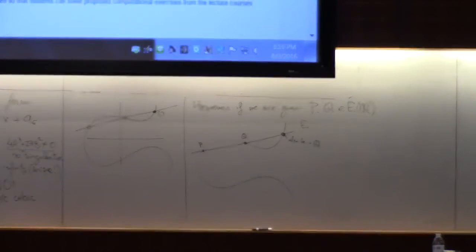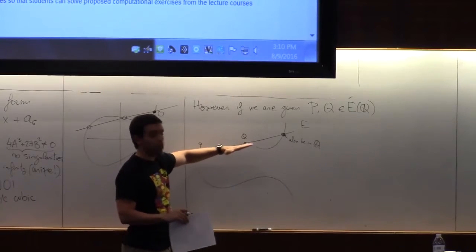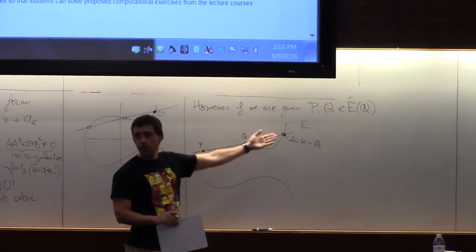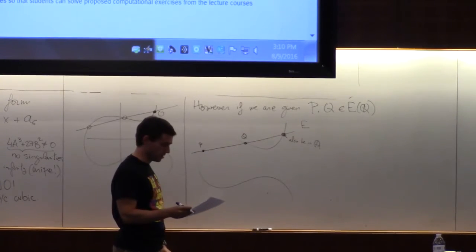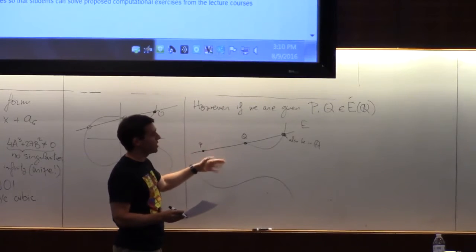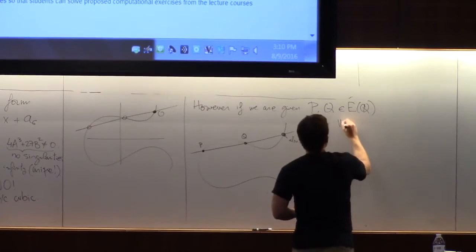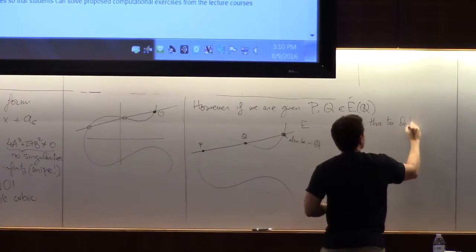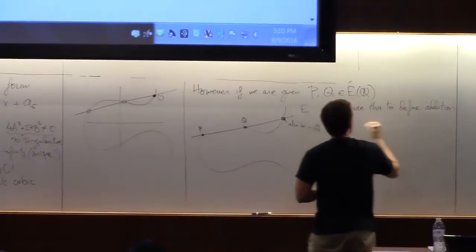I get a cubic in 2 variables intersect with a line. Now I get a cubic polynomial with 2 rational roots. Then the third root should be rational also. Okay, and it is. So we use this to define an addition of points